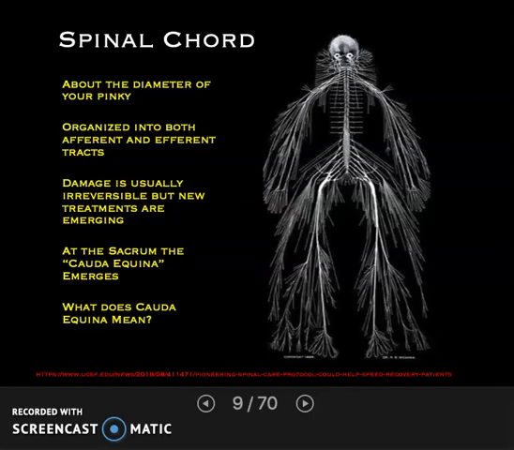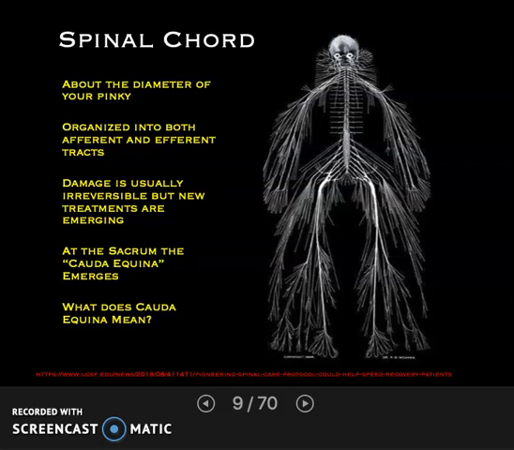So the spinal cord is organized into tracts, like columns of bundles of nerves, and they can be afferent or efferent. Remember that afferent ascends, and so afferent tracts are taking sensory information from the body up the spinal cord to the brain. Of course, efferent tracts carry motor information. They're sending information back out from the brain to have some sort of an effect on the rest of the